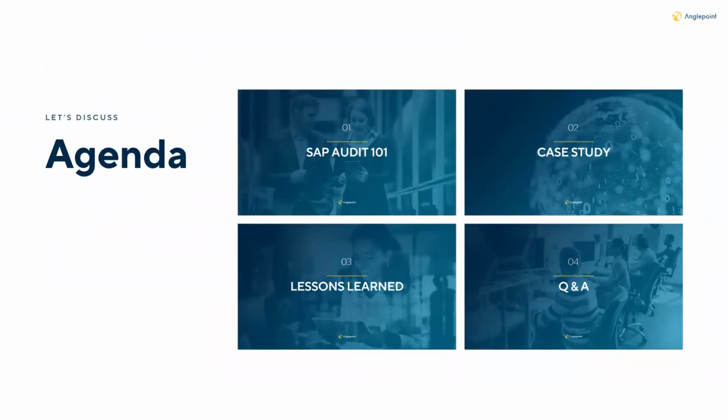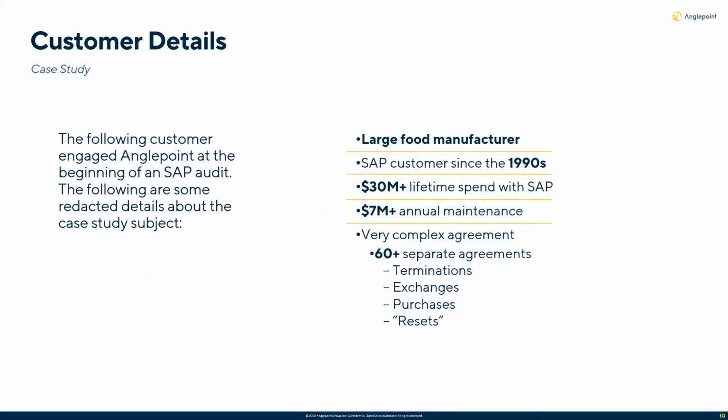All right, so that is SAP Audit 101. Hopefully we're all on the same page now, so when we start talking about some of these data points and what occurred, we're all on the same page. So let's dive into the customer details for this case study. Of course, some of this has been obscured or adjusted to maintain the anonymous nature of this case study, right? We don't want everybody to know who we're talking about. So some of these details have been changed, but some are relatively accurate